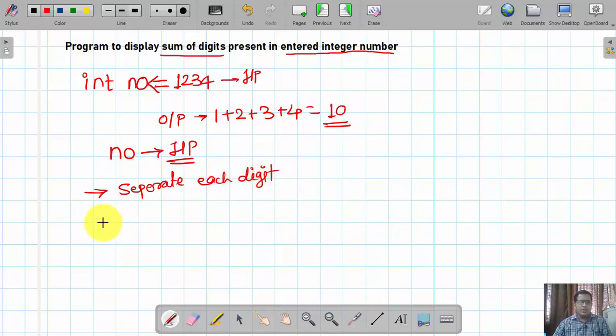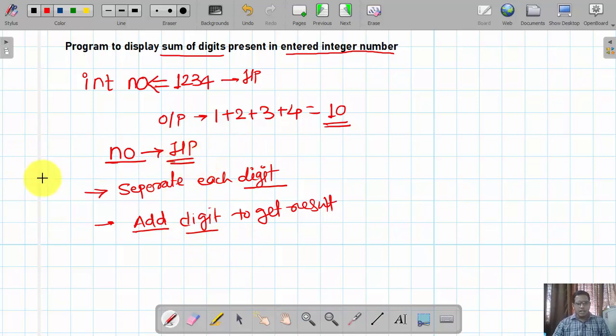And once I separate the digits, add the digits to get the result. So take the number from the user, separate the digits present in that number, and at the end produce the addition of all the digits which are present in the number.